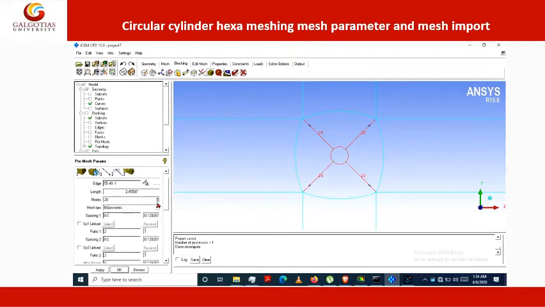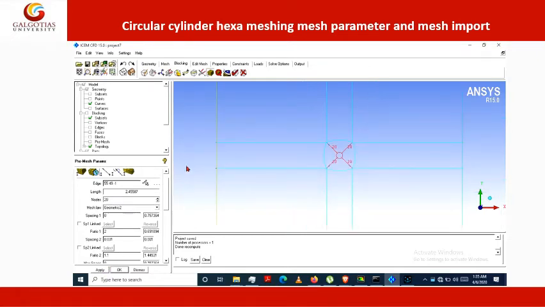So we will change spacing 2 as 0.001. So the first layer of the mesh will be created at a distance of 0.001 from cylinder. Change the mesh law from geometric to geometric 1 and give the ratio as 1.1. Now apply